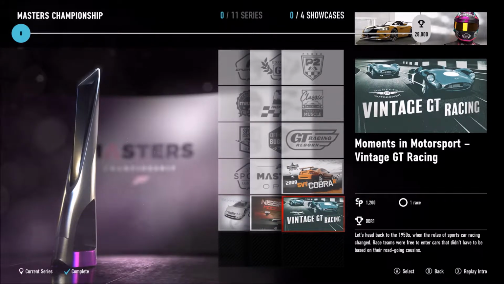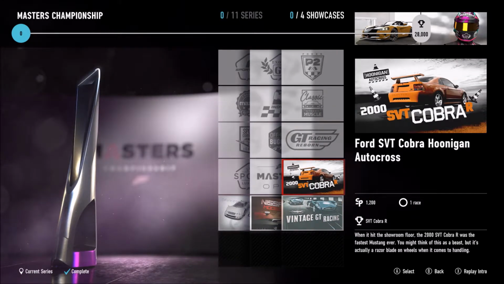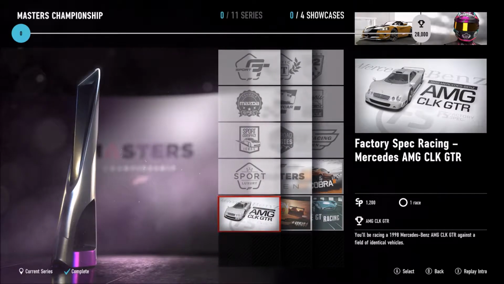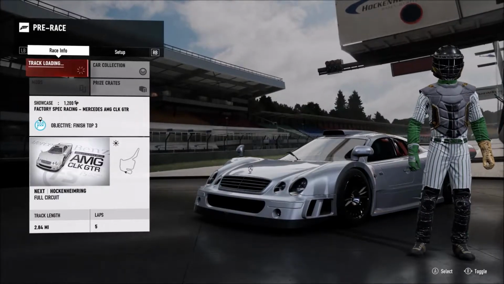We have got Vintage GT Racing, and we have got the 2000 SVT Cobra. And it is, again, an autocross, which we are going to hold off on. And I'm thinking we go after this AMG. This is what I am thinking. So, hopefully, though, we are able to...